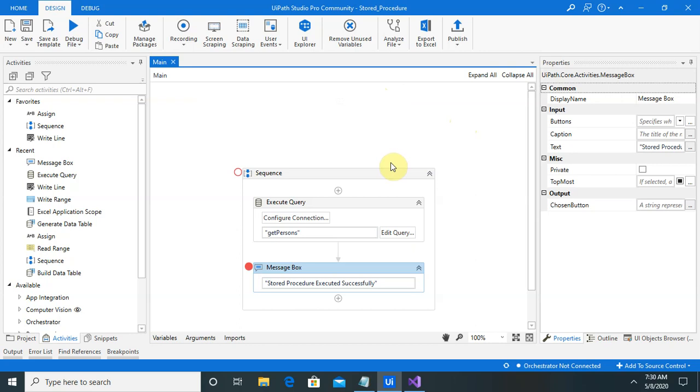Basically, when we are working with large organization data, stored procedures help to categorize or arrange the data in a systematic way. So if there is a complex query, we use a stored procedure.